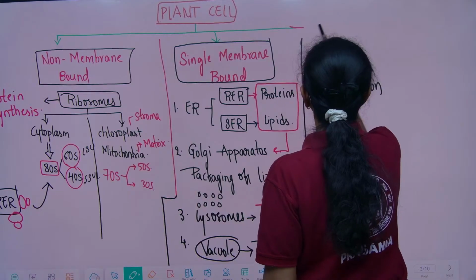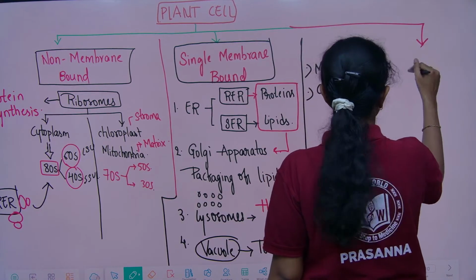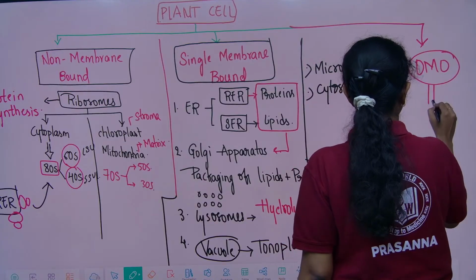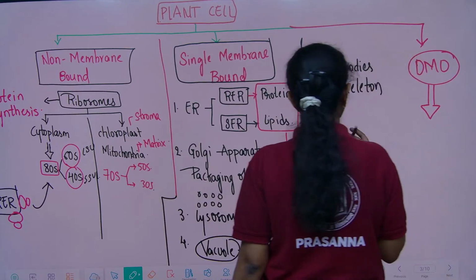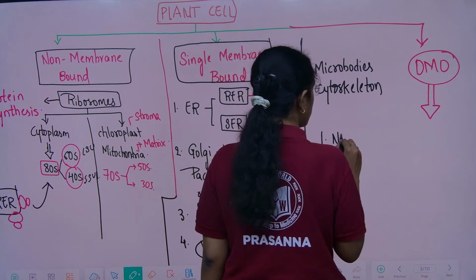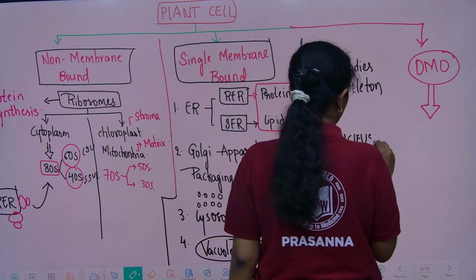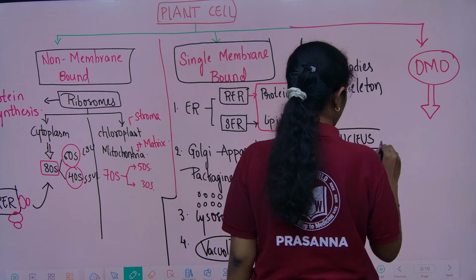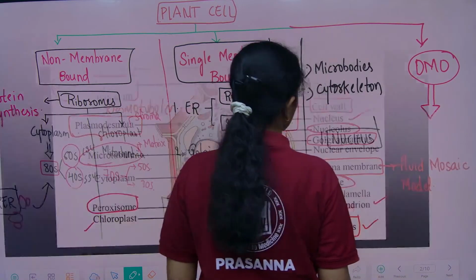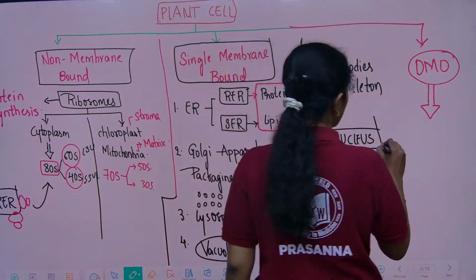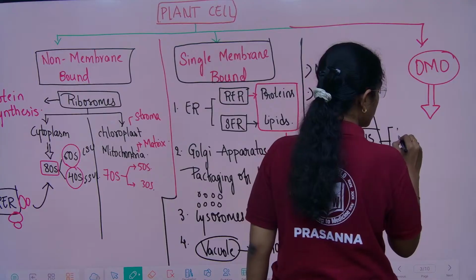Then double membrane bound organelles: first is the nucleus. It has 4 components: